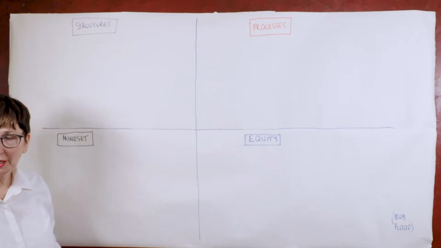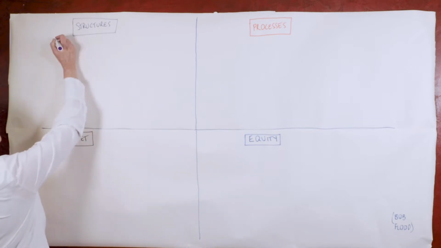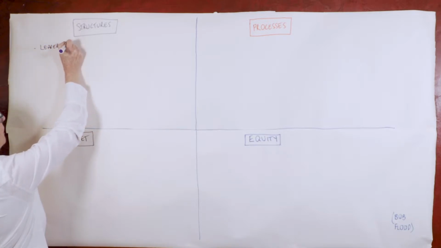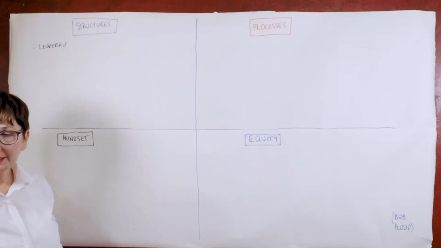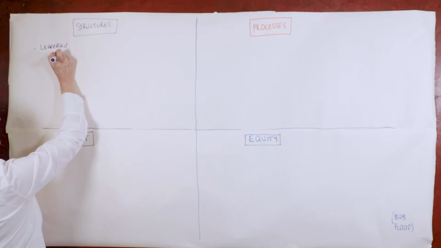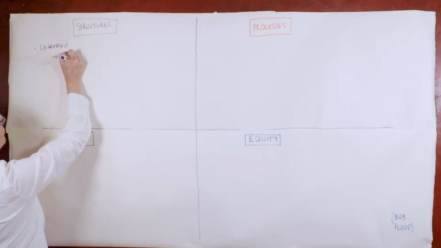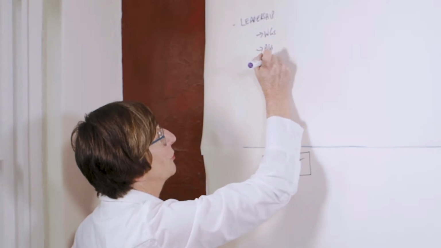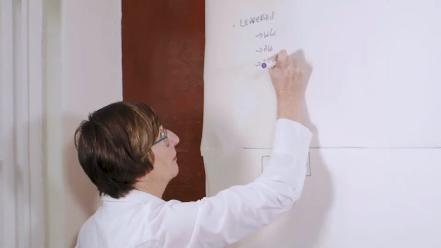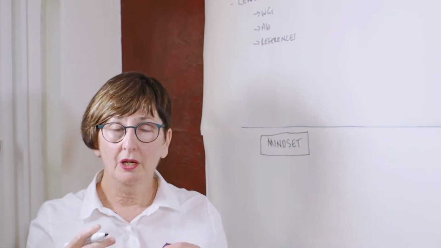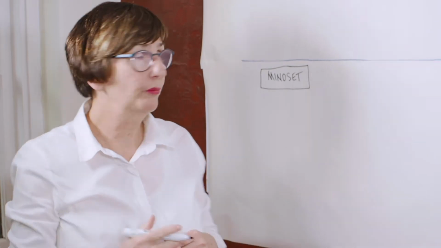So the sorts of structures that often get set up in this first 18 months is the leadership. And with that, it's around how you're going to hold the work. As I said before, you'll set up working groups. There might be action groups. There might be reference groups. However you set up your structures to help hold what you're doing and how you're doing the work together.